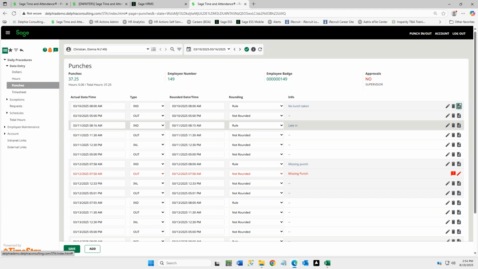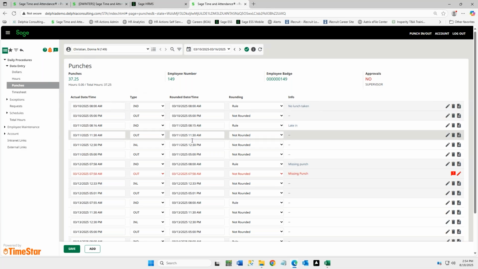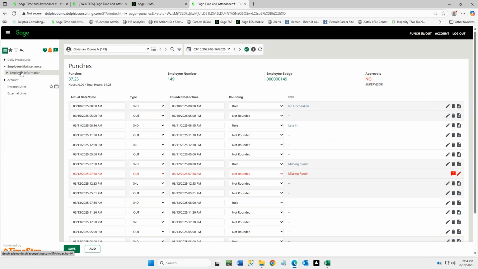So Joe had mentioned earlier, these rounding rules are indiscriminate. It doesn't care. There's no favoritism. There's a rule in place, and it hits. Again, it just allows the employees to see that transparency within the system. The other area that's transparent like that, again, I'm talking fast here, Joe, is the